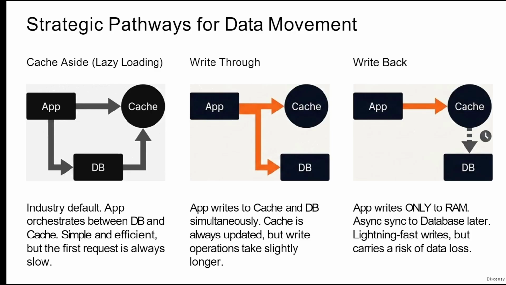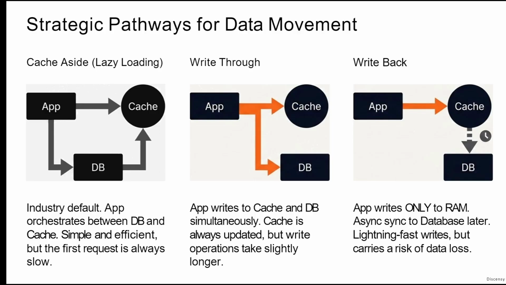Strategic pathways for data movement. It might also be considered as data transfer, or data to be traveled. In what ways might it be? Again, there are three types of methodologies: cache aside, write through, write back. You might look into the pictures that in the first one, cache aside, while an input is sent to the